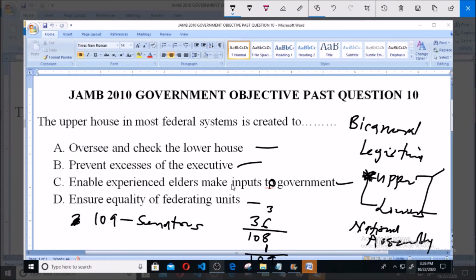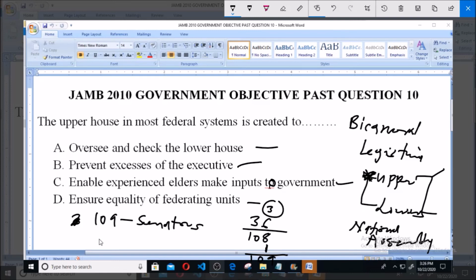So each federating unit has an equal number of senators that will represent their state, irrespective of the geography or the population in that state. Irrespective, each state elects 3 senators. And the essence of this is to ensure equality of federation, that is equal representation, unlike the lower house